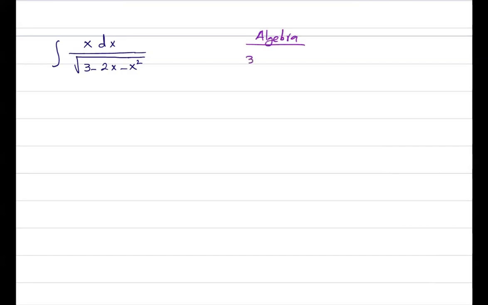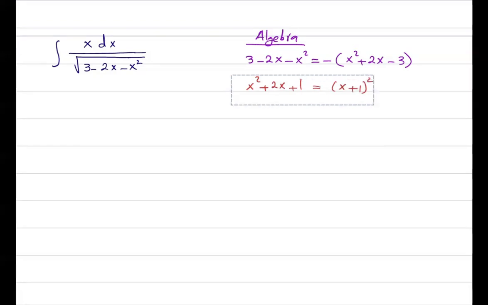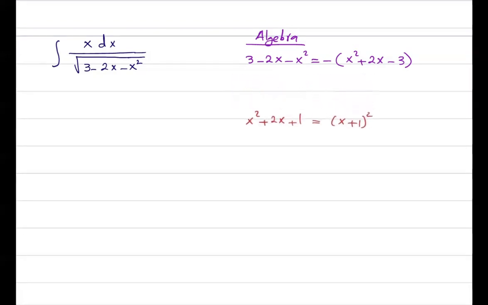So here you have 3 minus 2x minus x squared. If you factor out a negative sign, you get x squared plus 2x minus 3. Remember that x squared plus 2x plus 1 is nothing but x plus 1 to the second power. This is the formula that we know. We're going to use this formula and complete the square inside this